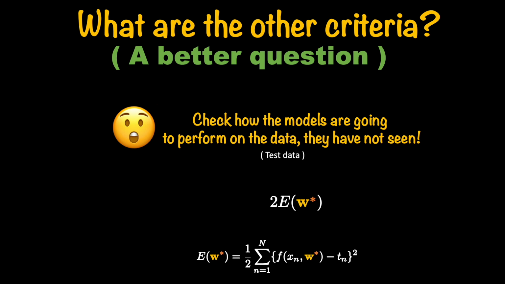Hopefully you can see that. The next mod we make is to take an average. This way we can even do a comparison across different test data sets of various sizes. And finally, since this was all squared error, we take a square root to bring it back to the same scale as that of our target variable. This evaluation criterion, or function, is called root mean squared, or RMS for short.